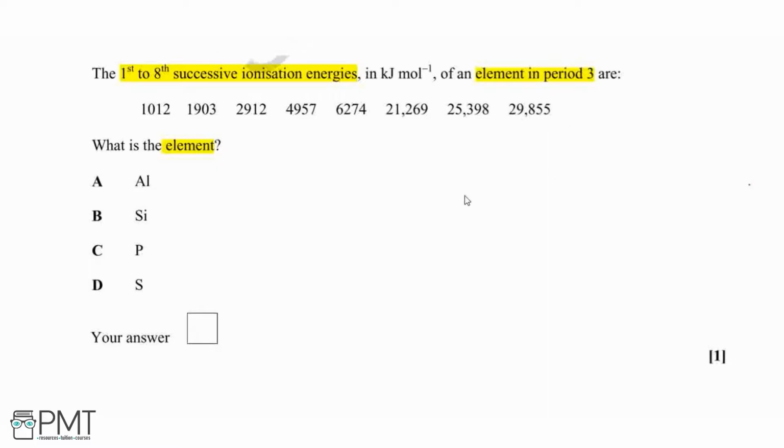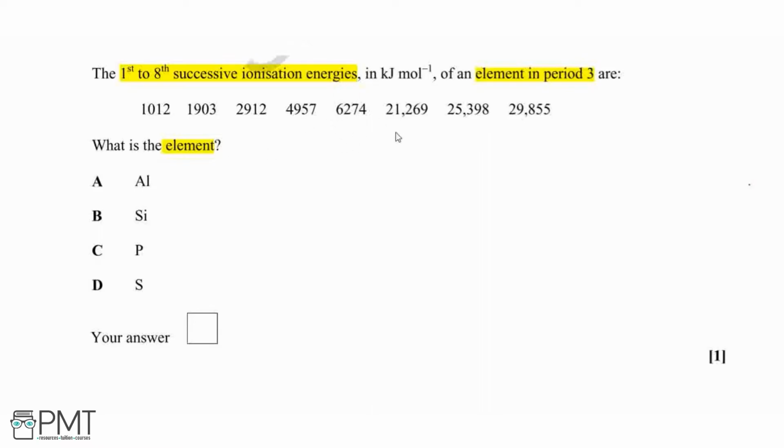So what we're looking for in this set of numbers is where there is a big jump in values, because this represents going from an outer shell to an inner shell, and there'll be a big jump, so we'll see a big increase in our values, because as we move to an electron shell that's closer to the nucleus, the electrons will be more strongly held there by the nucleus, therefore will require more energy to remove it. So working our way along, we can see a big jump